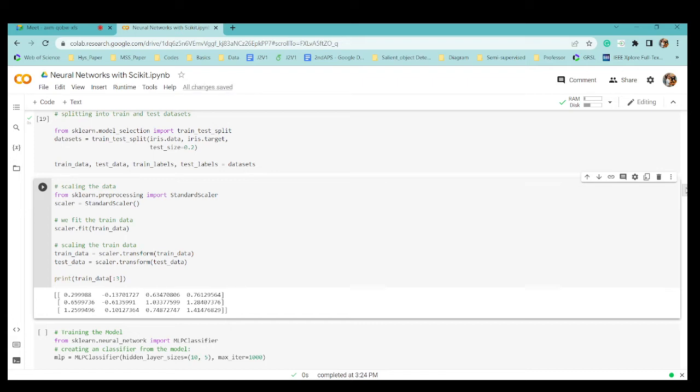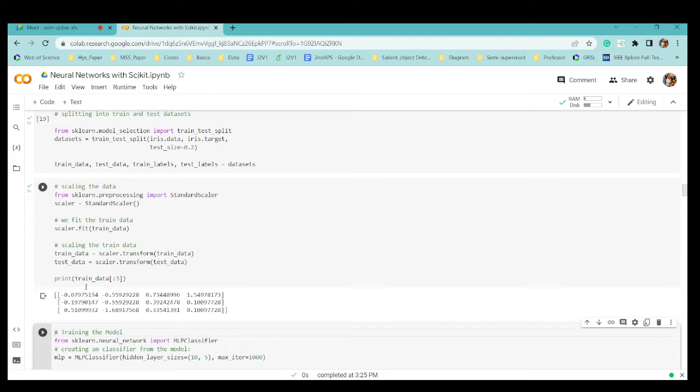For example, if one data set ranges from 1 to 100 and another from 1 to 10, you need to bring one to the other's range before you can compare them. So we always do standardization scaling. After this, we fit on the training data, and then scale both the train and test data.